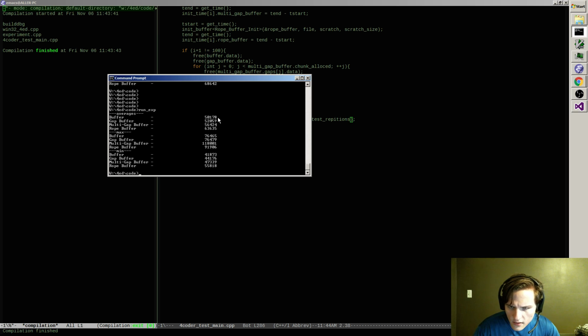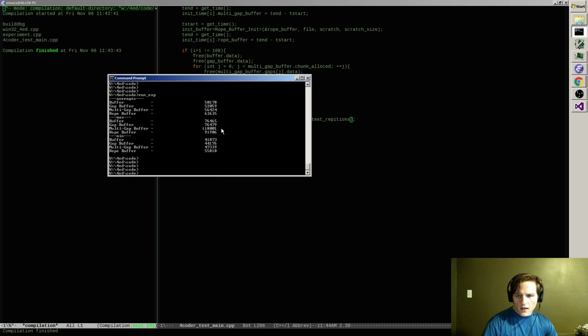But okay, and then this right here would suggest that the golden array was the fastest to initialize, followed shortly by the gap buffer. That's kind of what I would expect to see for initialization time, just because each one of these is sort of increasing in complexity. The thing that's surprising is this, but who knows, that could just be an anomaly, so that's why we have the averaged. So that's pretty cool.